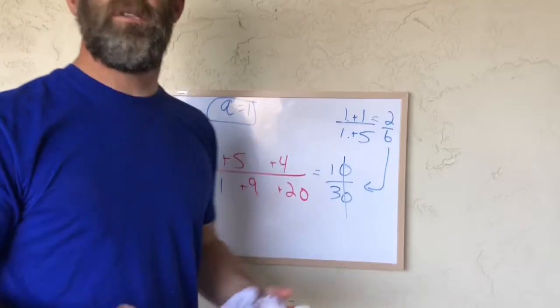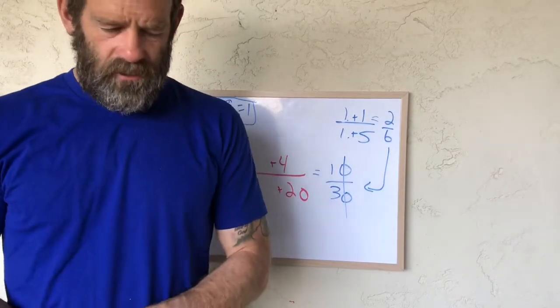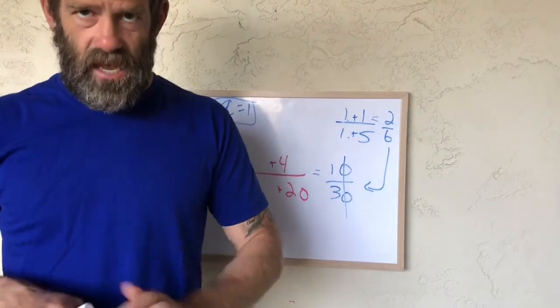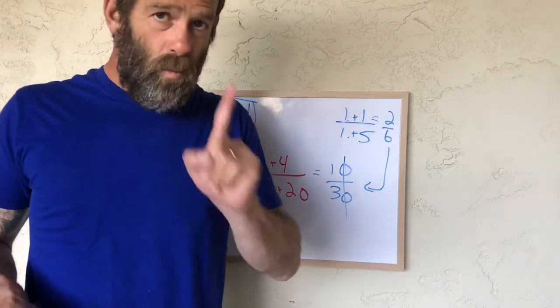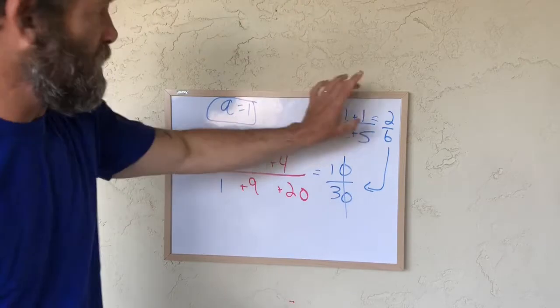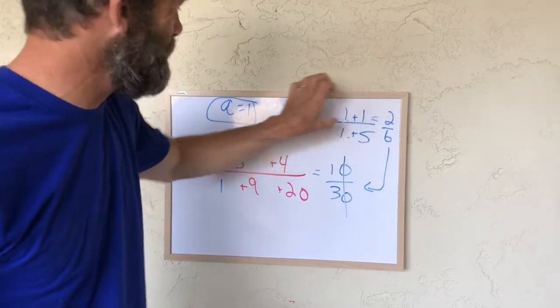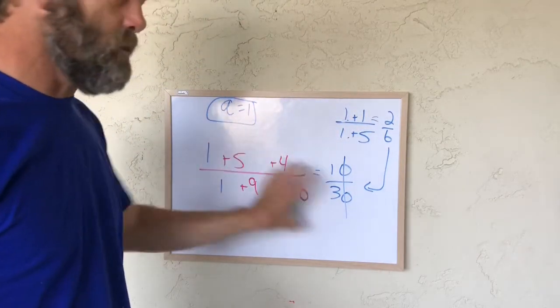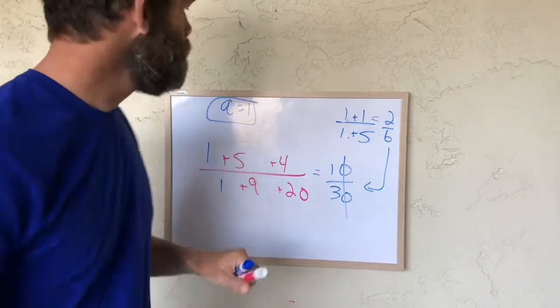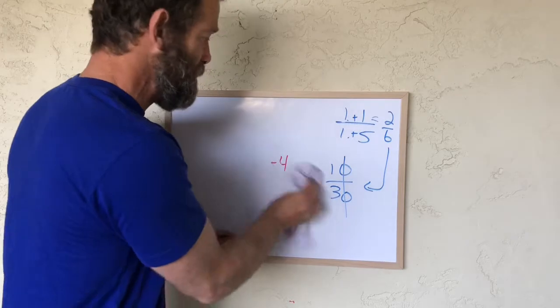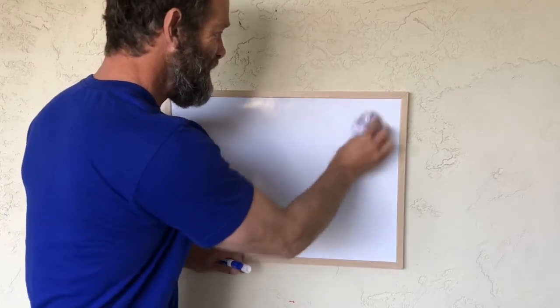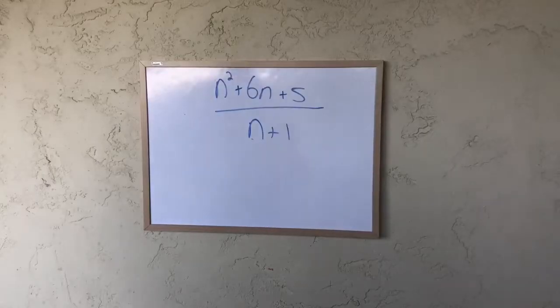Same thing. So whenever in doubt, as you're going to see, we're going to do a couple more that are a little more in depth. Plug a 1 into the variable after you get the simplified answer and see if that answer is the same exact answer as your original one simplified. Okay. Or just don't get it wrong, and you won't have to do that. All right, the next example